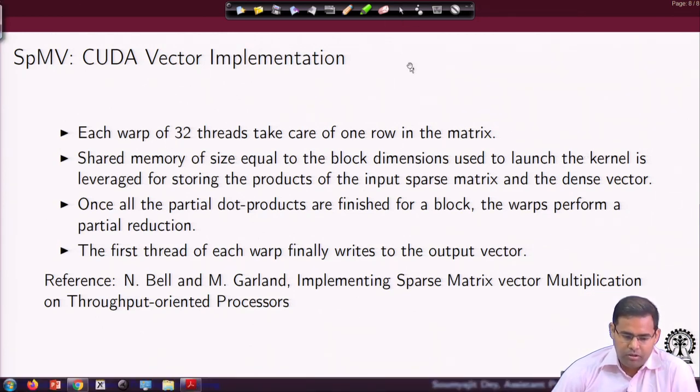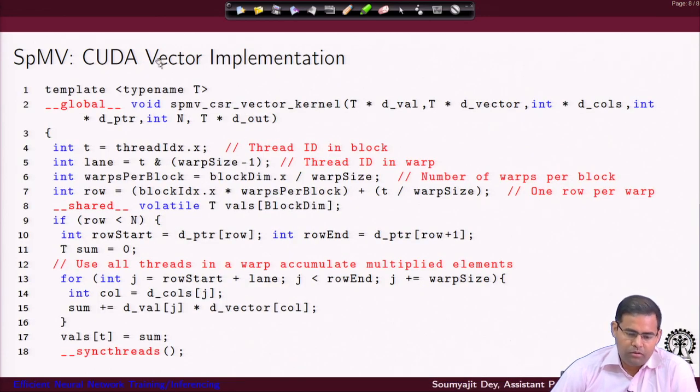So, let us see how it works. In our CUDA vector style implementation, we get the thread ID of each block, but then I need to figure out what is the location of this thread inside the warp. Let us say that my warp size is 32. 32 minus 1 gives me an array of all ones, do a bitwise AND. That gives me the offset, that is the thread ID in the warp. So, essentially I am getting the thread ID, I mean what is its location inside the warp.